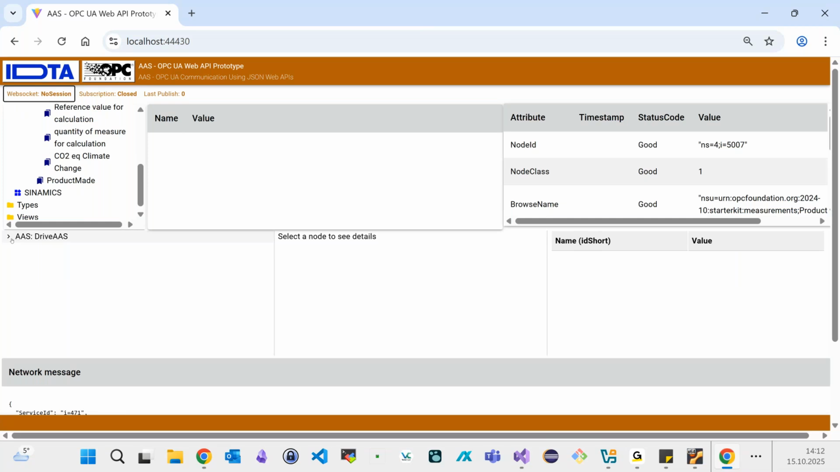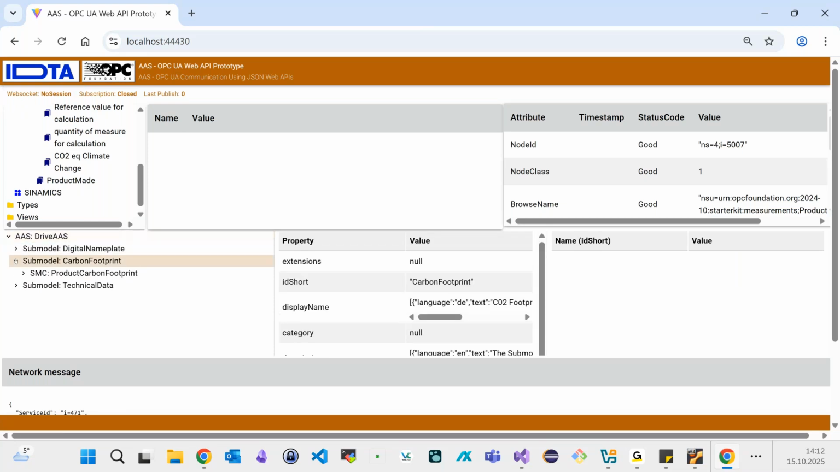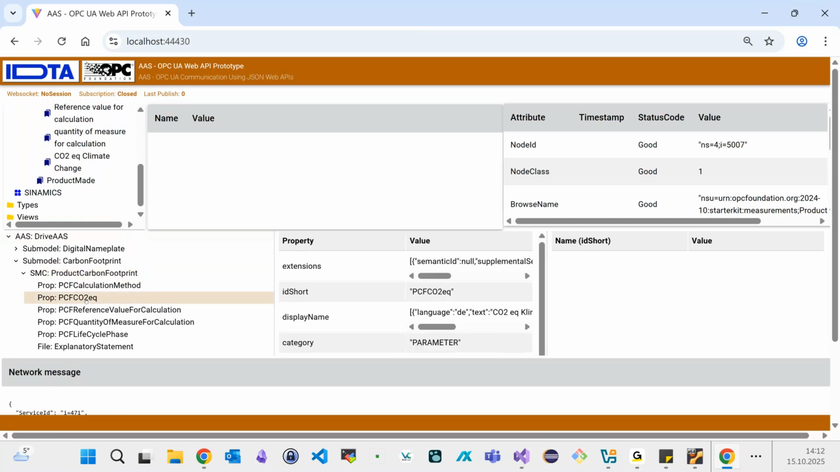Okay, so let's start with the asset administration shell. As Niels already mentioned, the middle panel belongs to the functionality related to the asset administration shell. Here we see three different panels. In the leftmost panel, we can navigate through the tree-like structure of the asset administration shell, through different submodels and submodel elements. If we click on any of them, in the middle panel we can also see